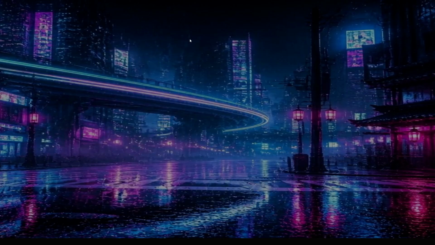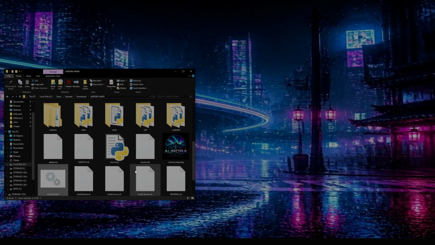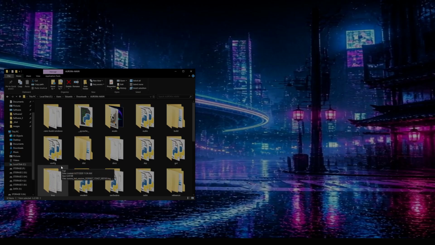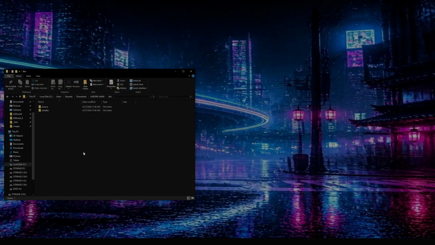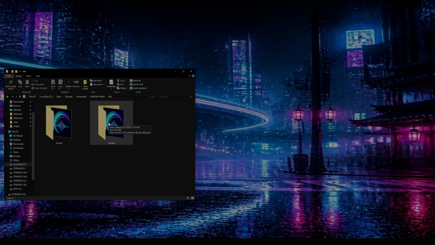All right, so let's see if it worked. I don't know, because the way I ran this, I double clicked on the file. I didn't run it from the command line, so now I need to see if it's there. So now we go to the dist folder, and now I should have the installer here.